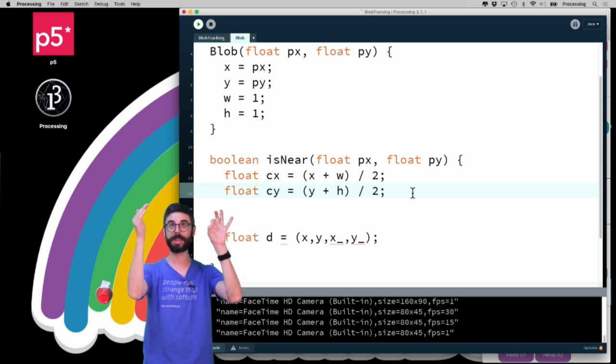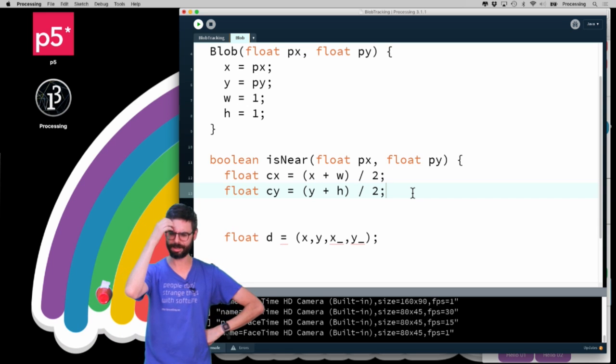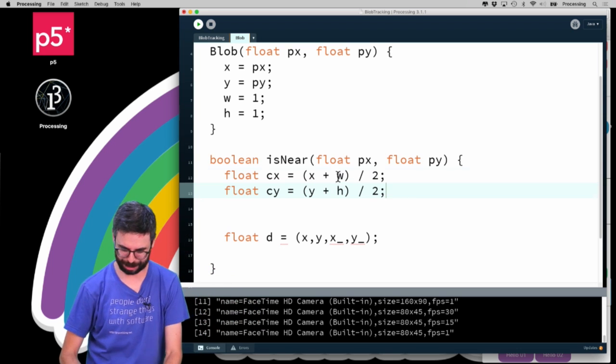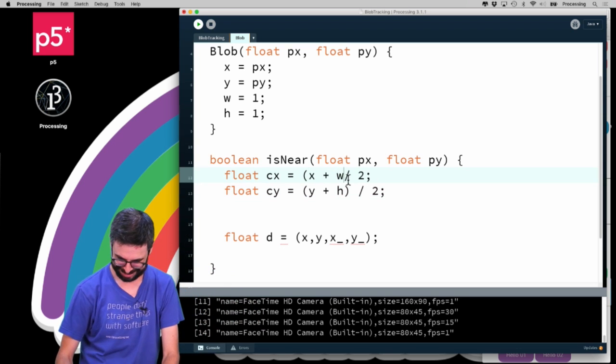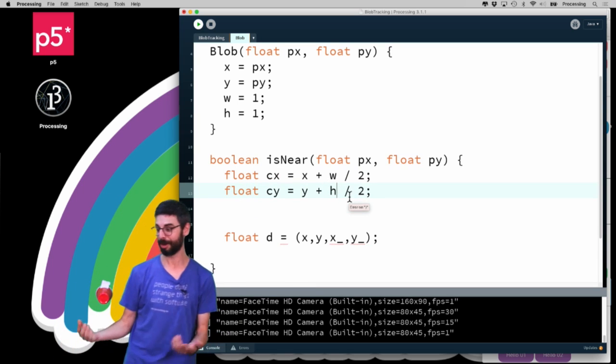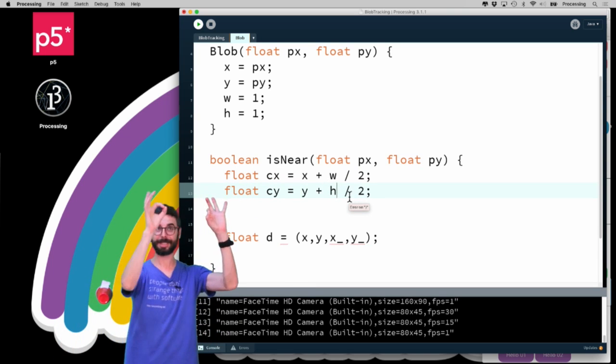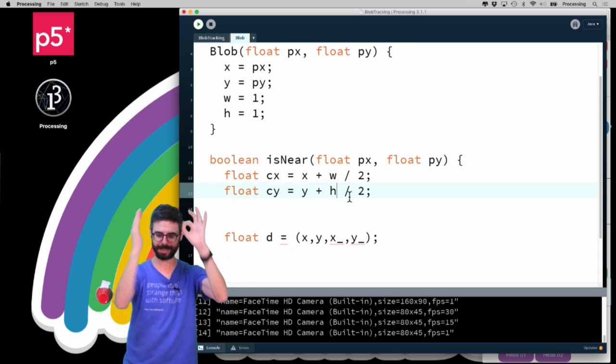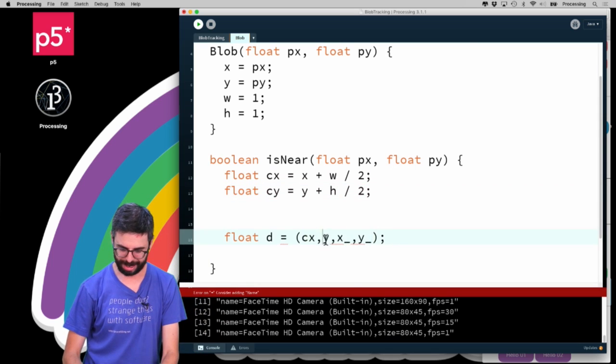X plus the width. No, that's not the center. X plus the width divided by 2. Don't be ridiculous. X plus width divided by 2. Thank you very much. Y plus height divided by 2. That's the center, right? If you have a rectangle, x plus the width of the rectangle divided by 2, that's the center location. So I want to know if that pixel